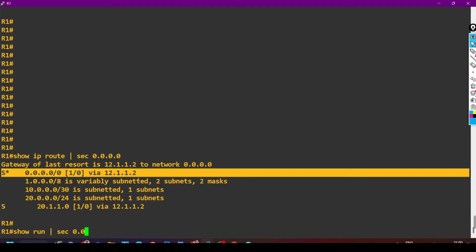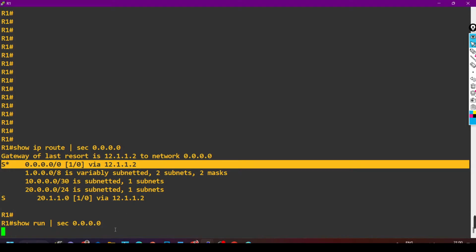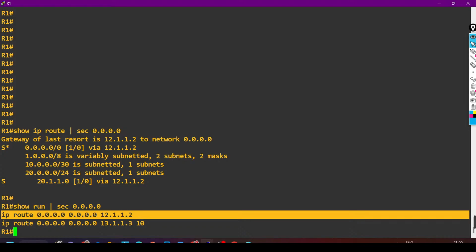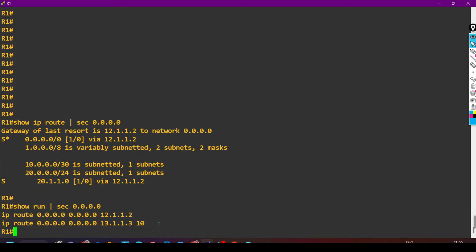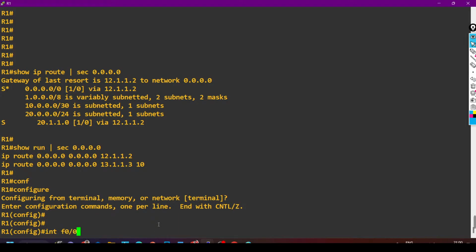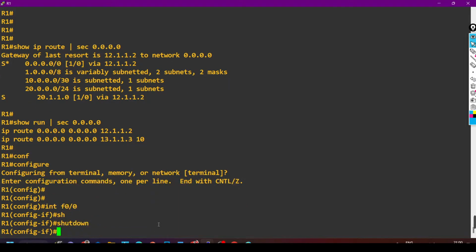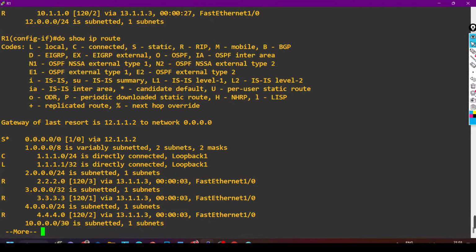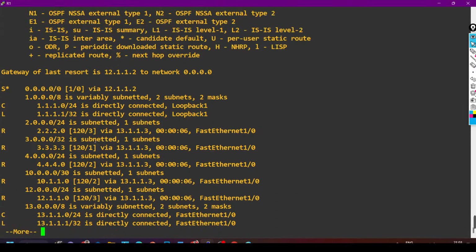But if you check the running configuration, show run, section 0.0.0.0, see there are 2 entries, yes or no? One is via router number 2 and one is via router number 3. So if router 2 goes down, if I down interface F0/0 with shut down, so do show IP route, see the default route is